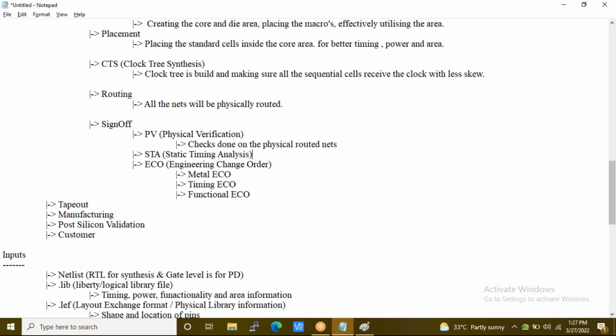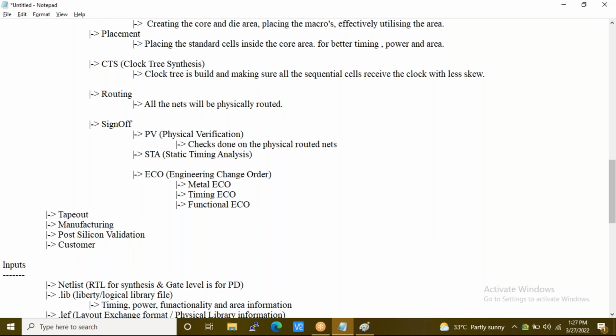So next is STA. STA means timing checks on the complete design, timing checks and fixes. The fixes whatever we are telling, we call them ECOs. Engineering change order: what was there previously, we modify based on the fixes and provide it back to the design.